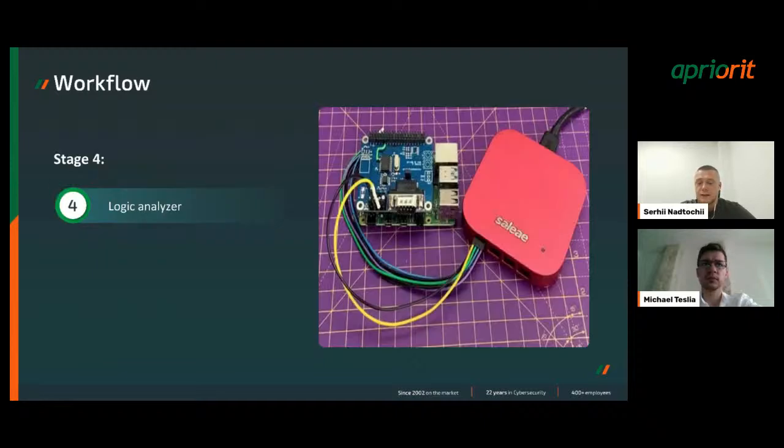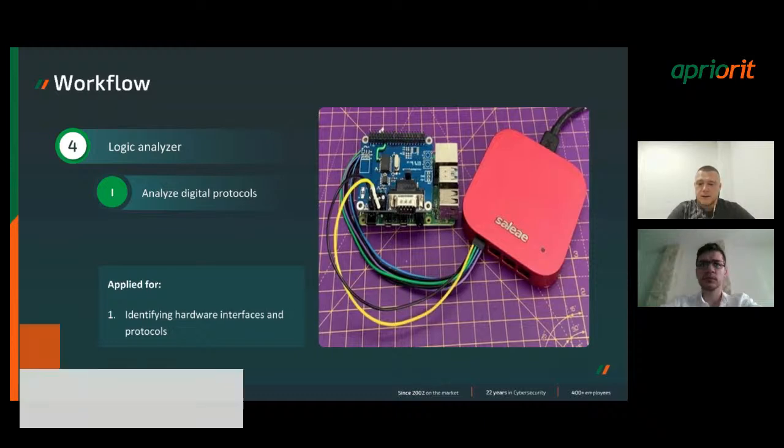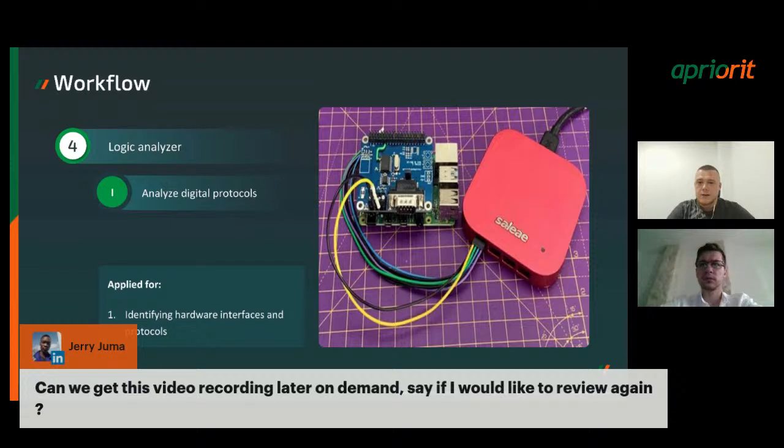The next thing is a logic analyzer. I would say it is a more advanced device because it allows us to collect information from some digital protocols, analyze them, and also it is good to identify some hardware interfaces and protocols.